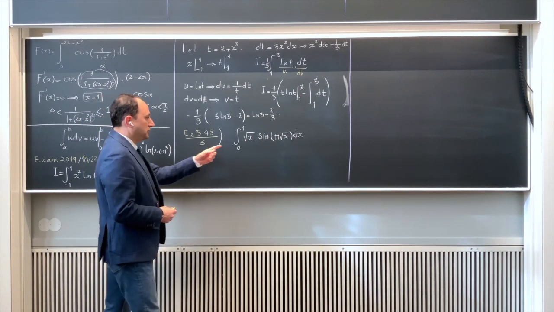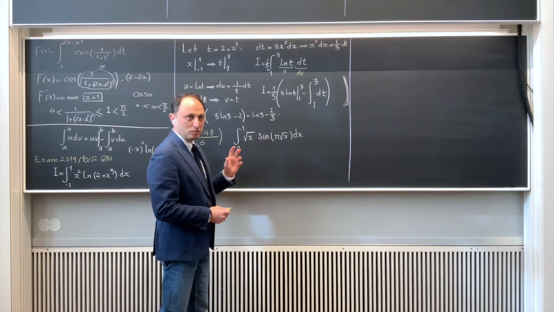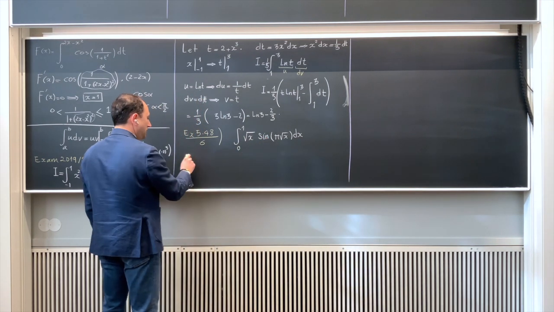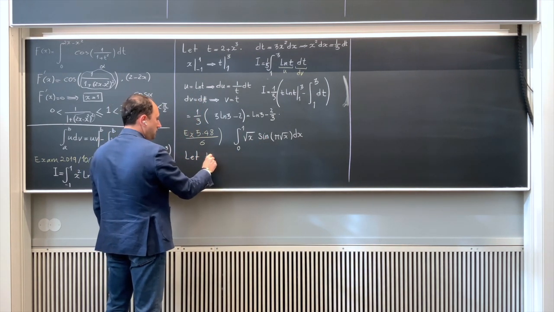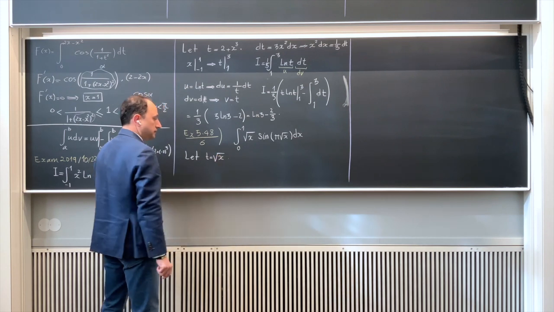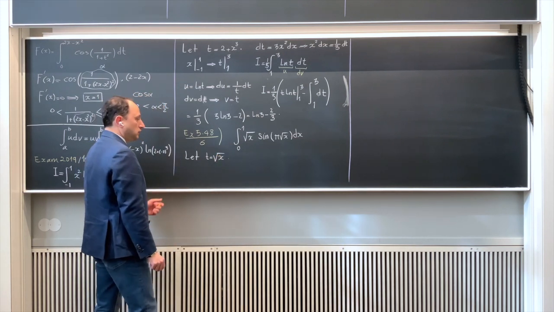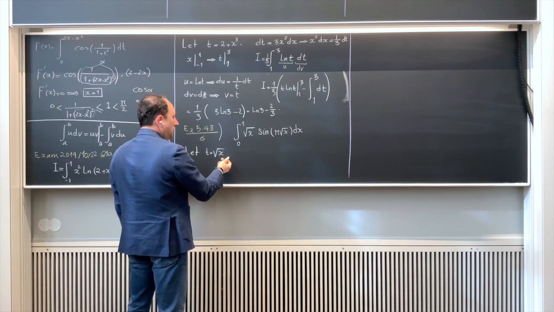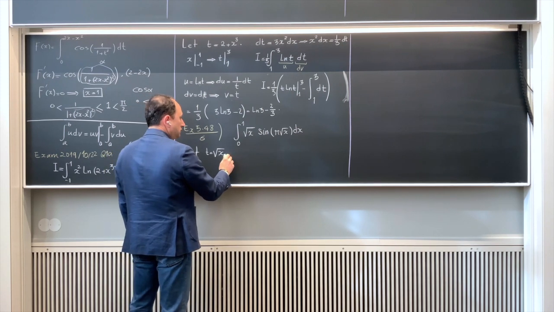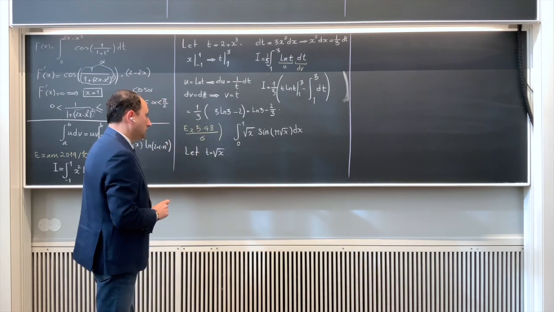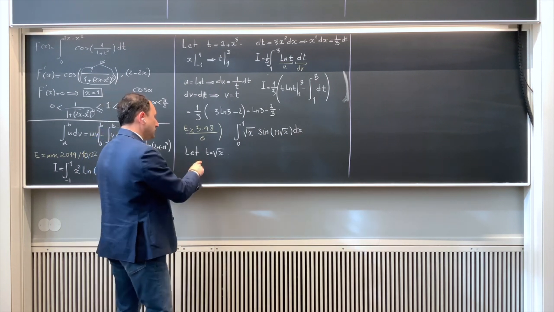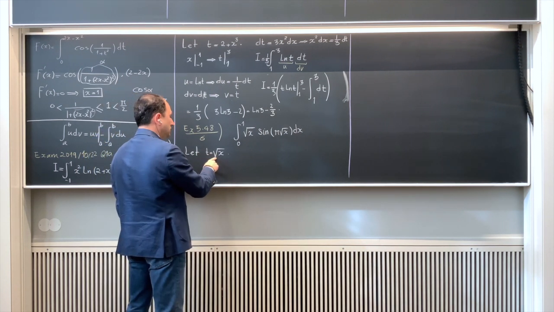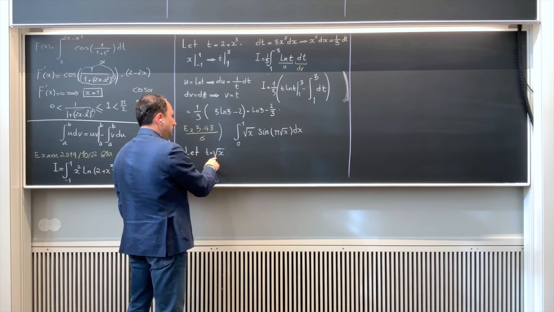So I don't know, by experience, I also feel, let us change the variable a little bit. Okay, so here, let me say let t be equal to square root of x. Okay, and then what happens? I can take the derivative of both sides. So if I take this one to be square root of x, then